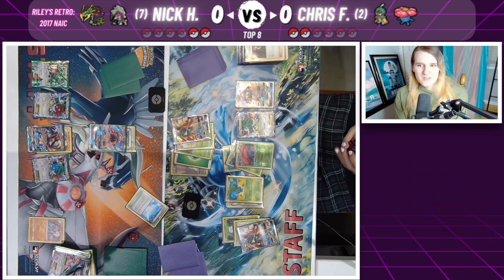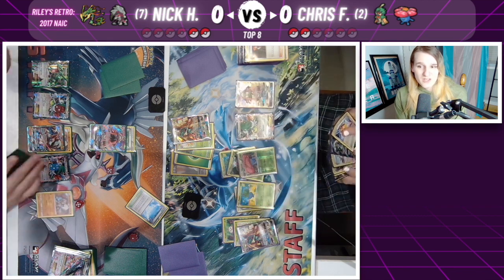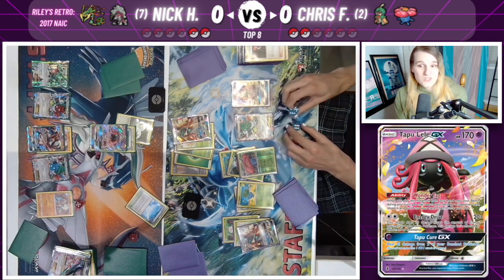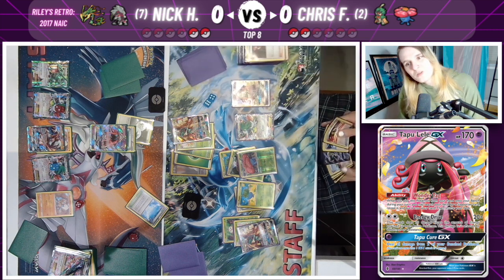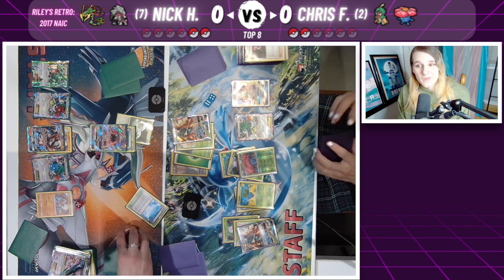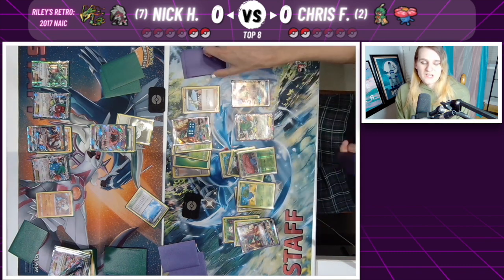So this is kind of a rough spot for Nick to be in. There's not really much you can do. There's no energy in play. I think Chris kind of just has this one on board. There's the DCE. We do see the Energy Drive. So I guess it could be the next turn if we're finding another DCE maybe and a Lysander or something like that. This Lele could put out some pressure, but